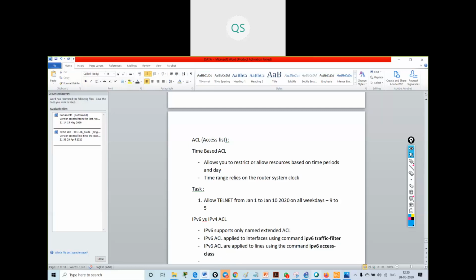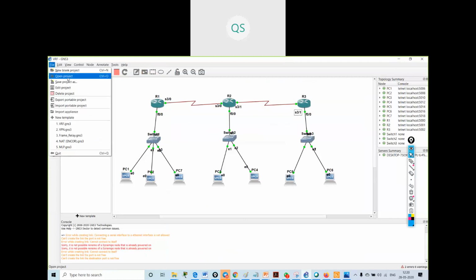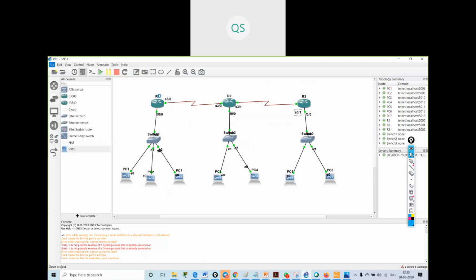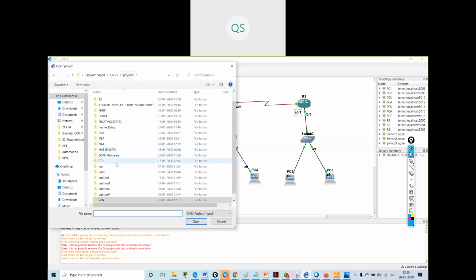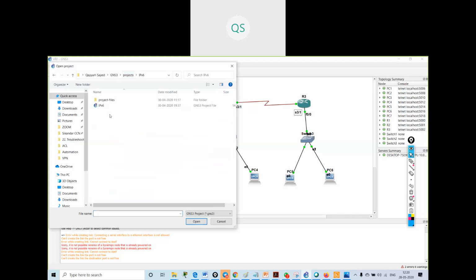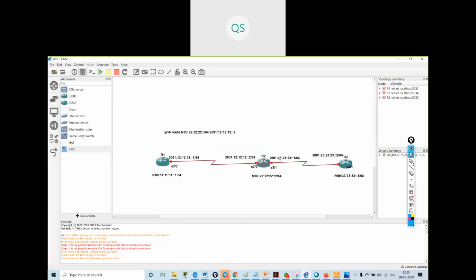So let me check. Okay, I have 3 routers. Let me check if there is any configuration in it.